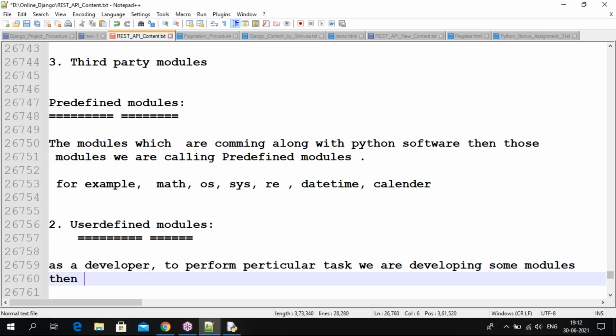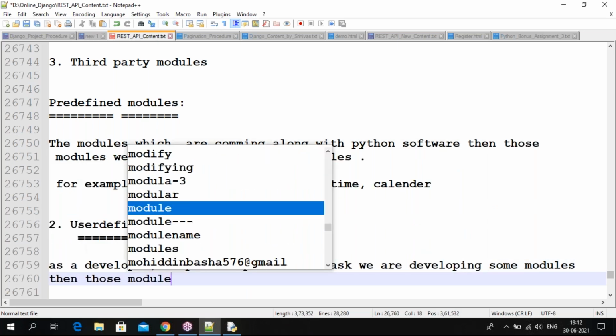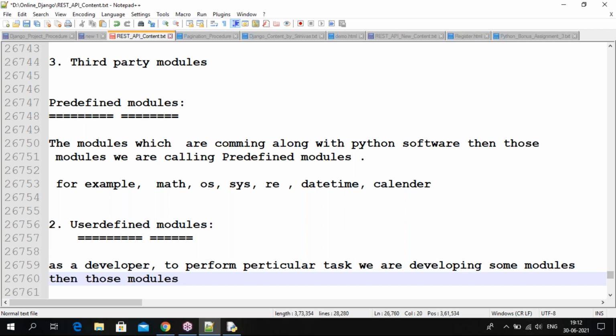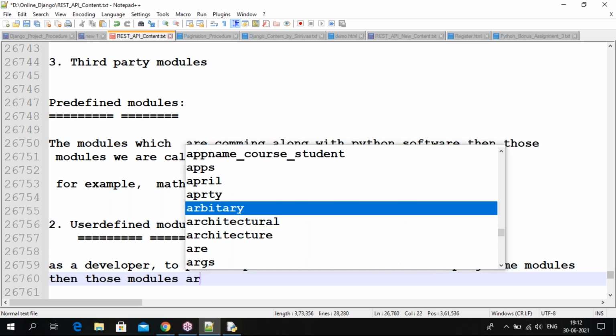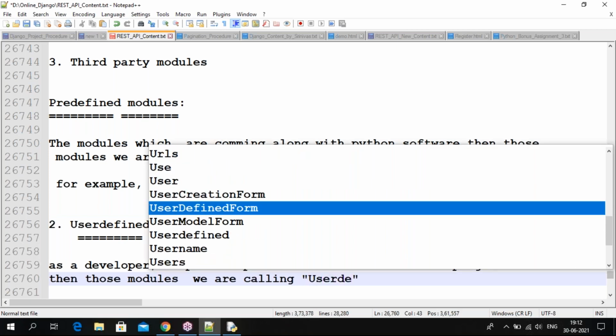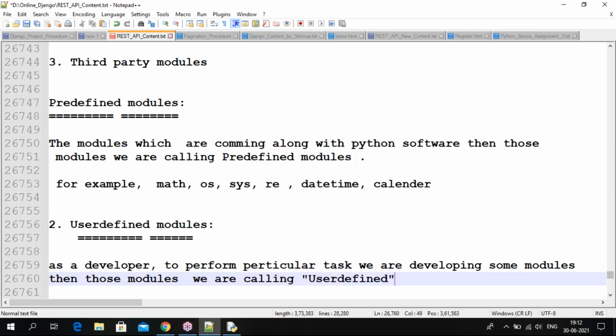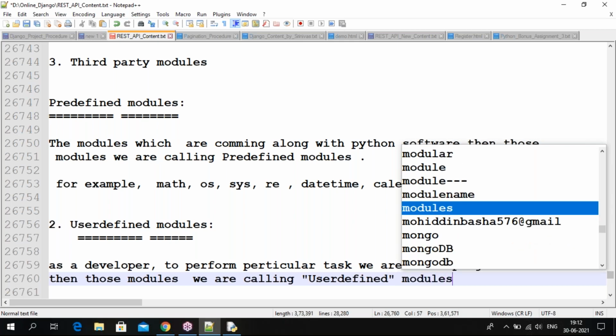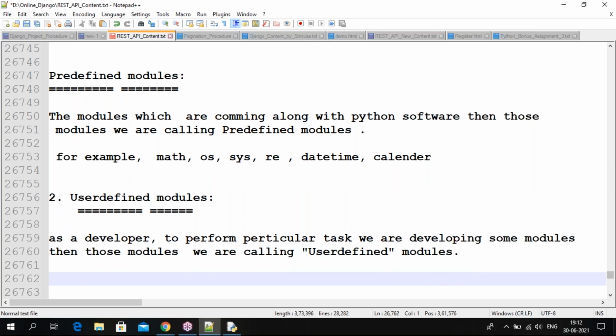Then those modules we are calling user defined modules. This is the process, guys.